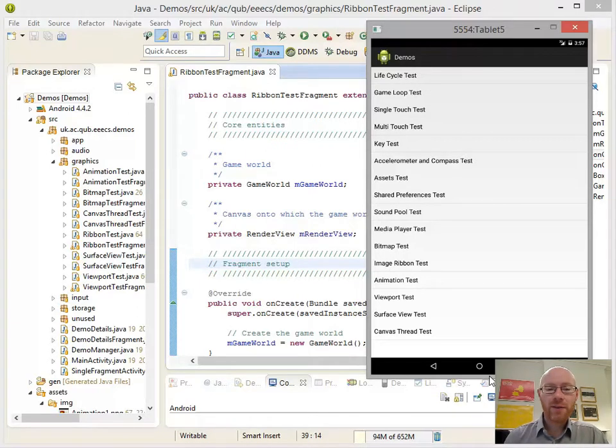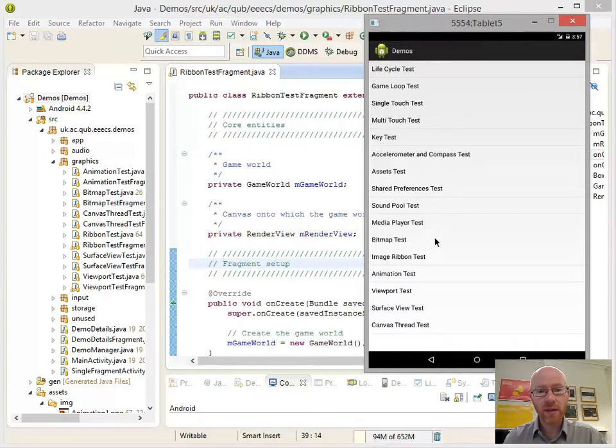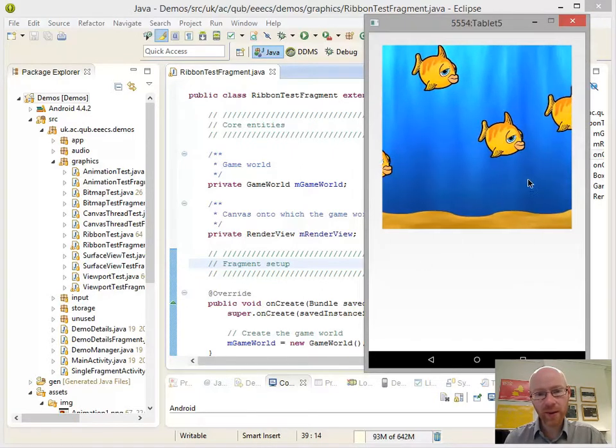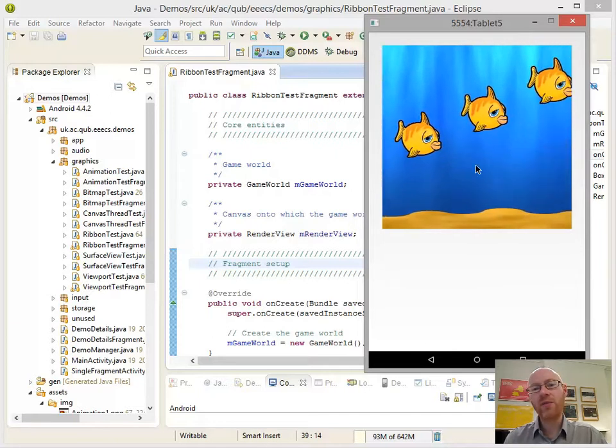Welcome. In this particular demo we're going to have a look at an image ribbon to see how we have gone about implementing it so that it runs on an Android device. So just by way of running the demo for this, first of all, we have here a screen viewport into